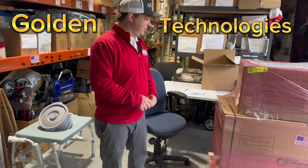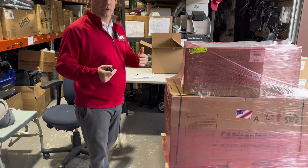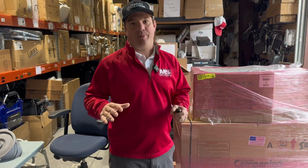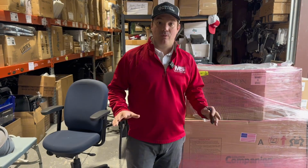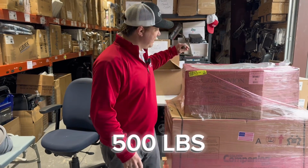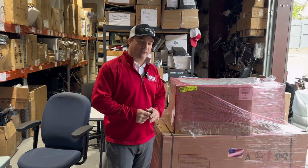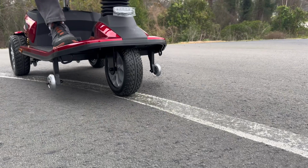The GC540 just arrived. Let's do the unboxing. We think this is going to be a very nice scooter for people looking for a high weight capacity scooter that goes shopping, Disney World, theme parks, Disneyland, Dollywood, wherever you want to go, because it has a 3-wheel turning radius, but in a heavy duty model. So let's